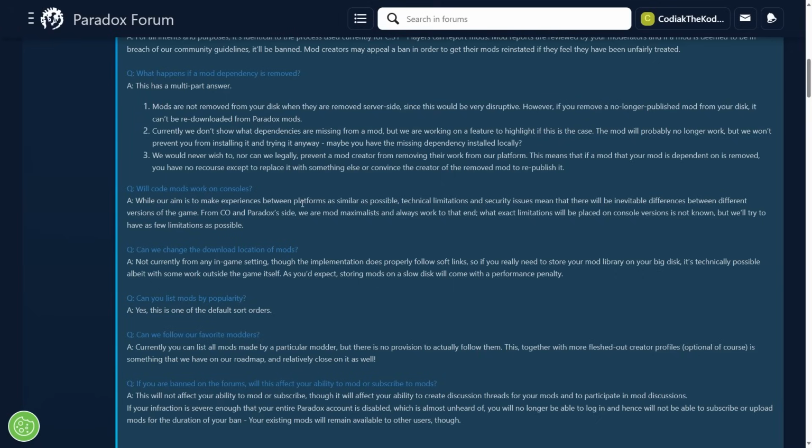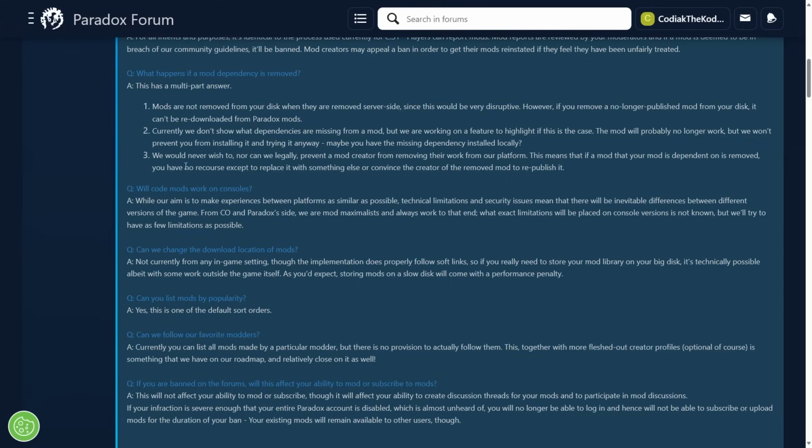This doesn't necessarily mean that code mods will work, but there's a possibility based on the language here, unless they come out and explicitly state again, no, actually, there's not going to be code mods. But based on the language here, they're not explicitly stating that. So that's a good thing for console users who, yeah, I guess you don't have access to the game right now, sure, but this is a little bit of hope for maybe some code mods. But again, we don't know for sure.